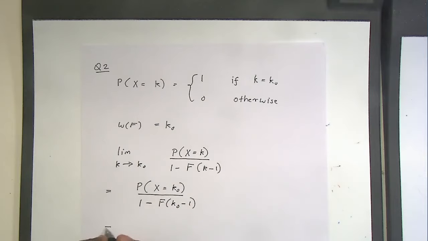Right, so this is 1 divided by 1 minus... Now, what is this, guys? Tell me. What is the CDF at k0 minus 1? It will be 0 because there's nothing to sum over. Okay, so this is 1. So hence